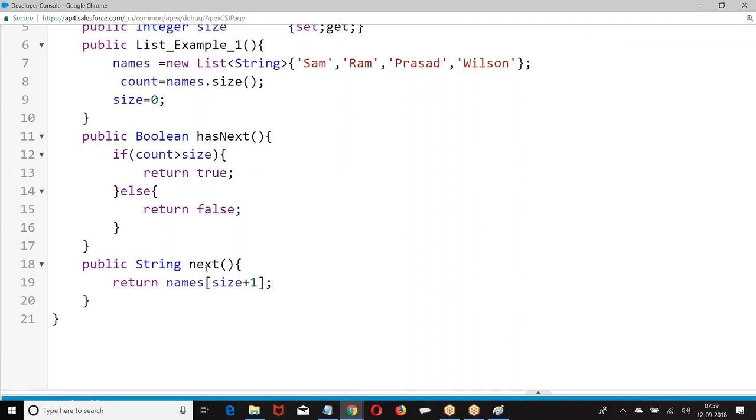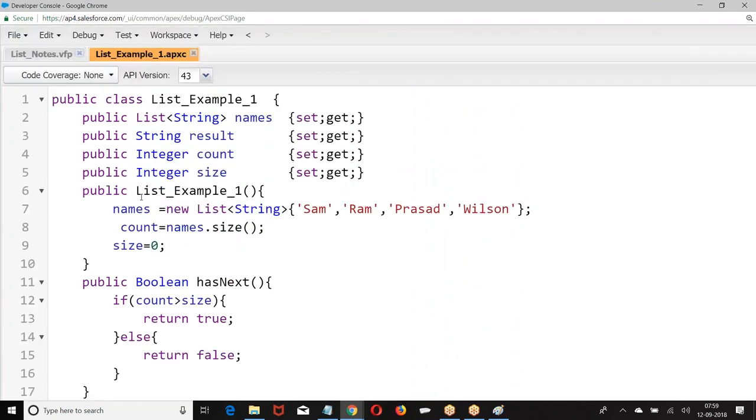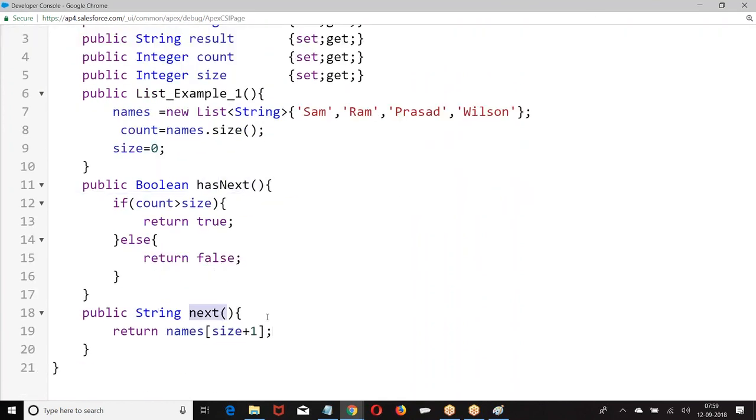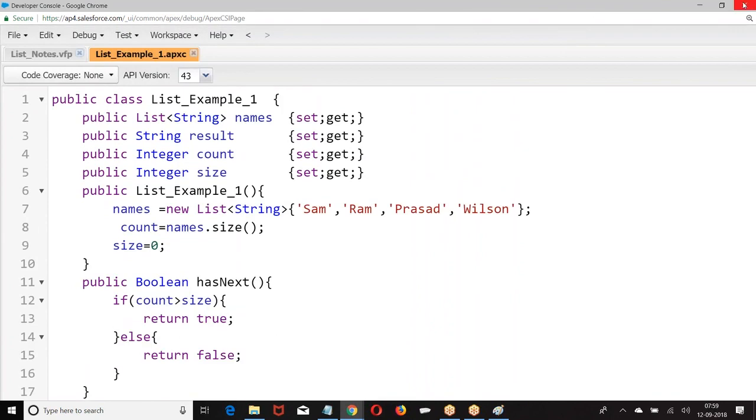Are you clear? So if you want to build such types of custom logic, we'll be going for iterable. We'll be seeing this once I am done with interfaces. As of now, I have given the basic idea. Basically, we are supposed to identify the iterable concept. Iterator, iterable. There are two concepts. Once you are done with that, we'll be able to see this functionality. I hope you are good with this.